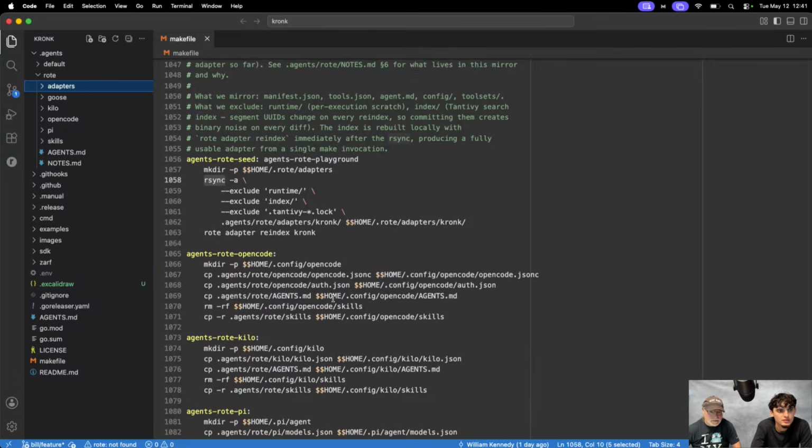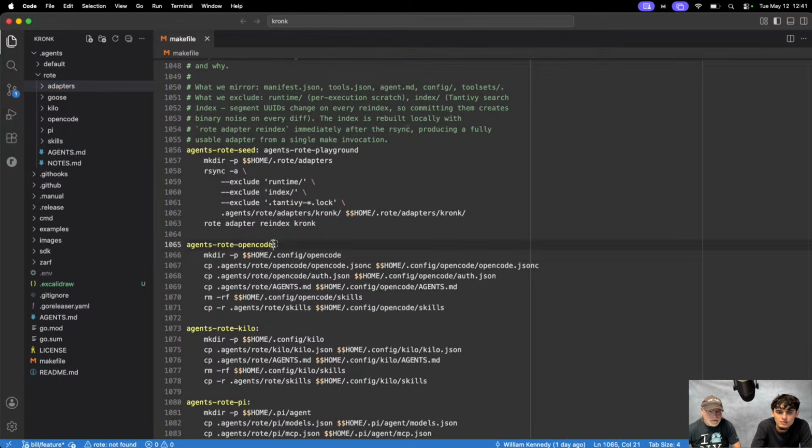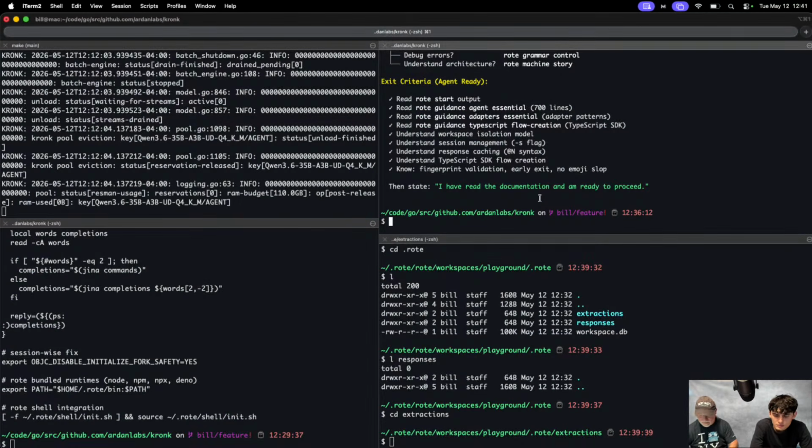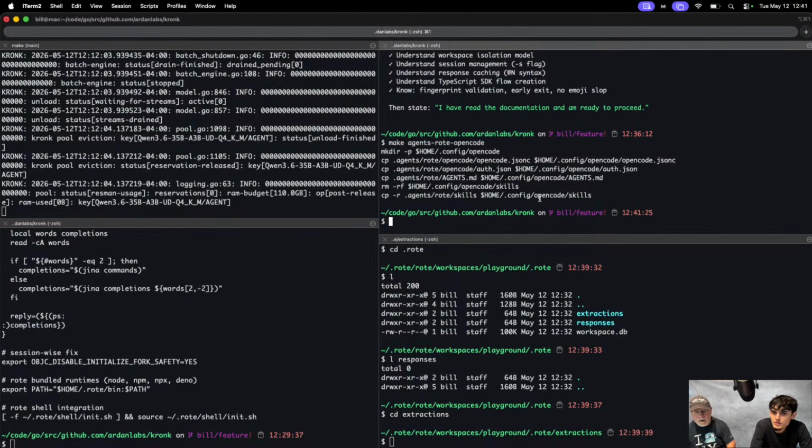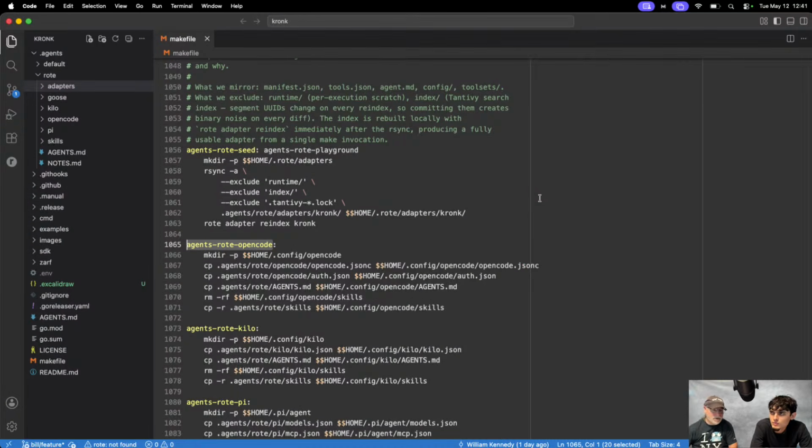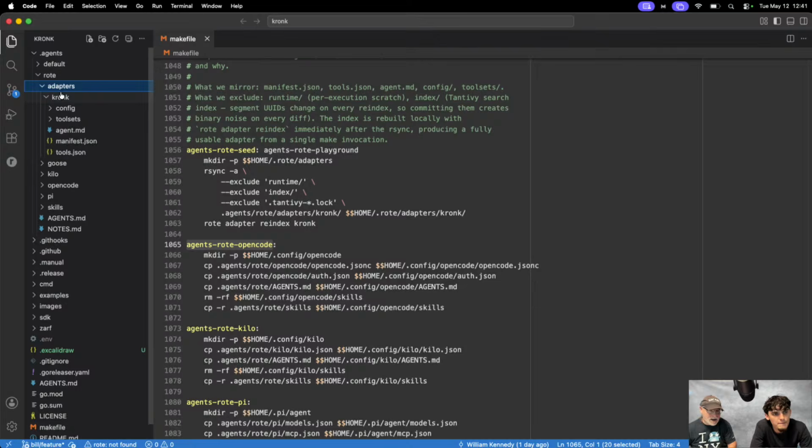Got it. Okay. The last thing to do is to provide open code support now. So it's going to recreate the open code folder, and it will go ahead and do everything we did before, but it's going to pull from the rote side of things. All right. So now open code is configured to use rote, not our default setup there, just by using these files. So the only thing I totally forgot was I already pre-created an adapter.